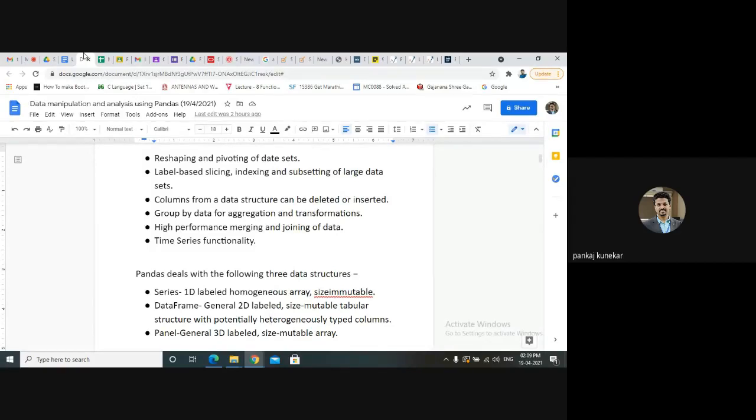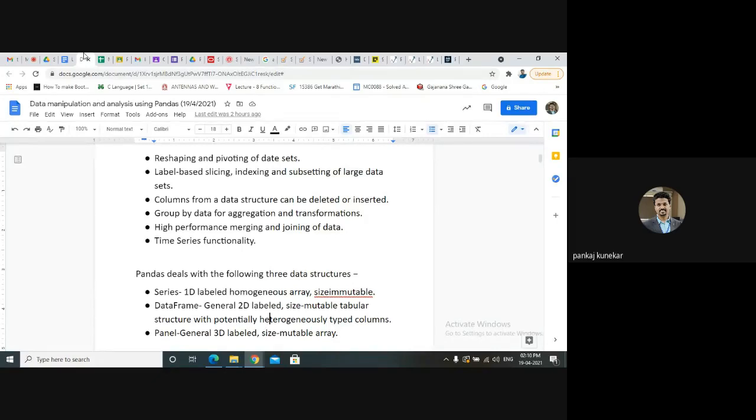Its size is mutable, and it can store heterogeneous data. The third data structure is panel. It's like a 3D labeled array. Its size is mutable. So these three data structures we have in pandas: series, data frame, and panel.